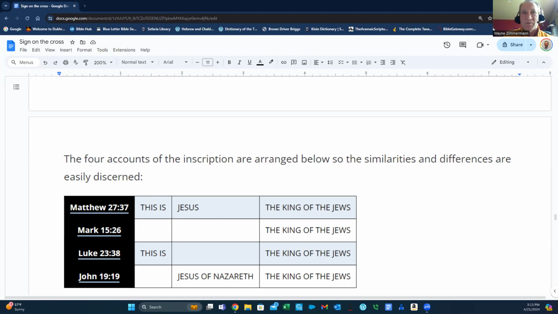And why is it, in four different accounts written four different ways, is that supposed to tell us something? Is there something we can glean from this? So that's my mindset. As you see on your screen right now, the four accounts are Matthew chapter 27,